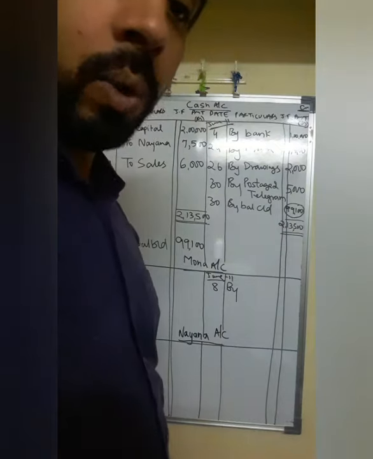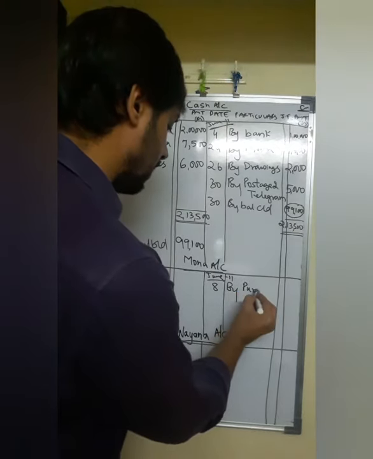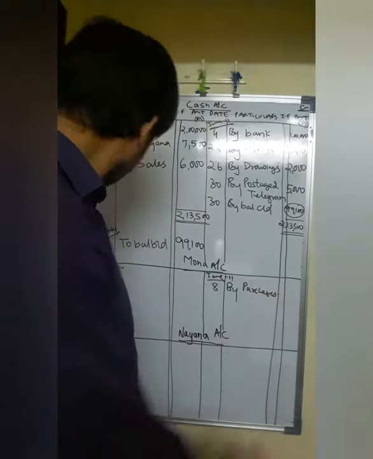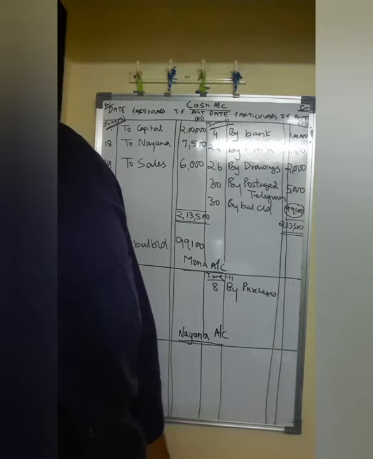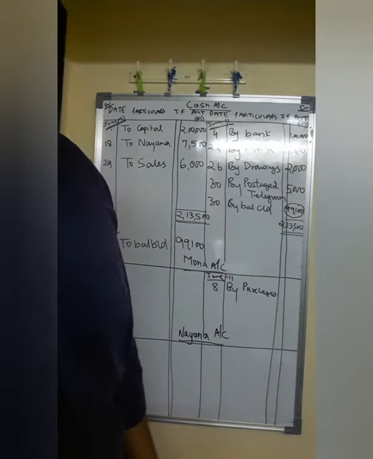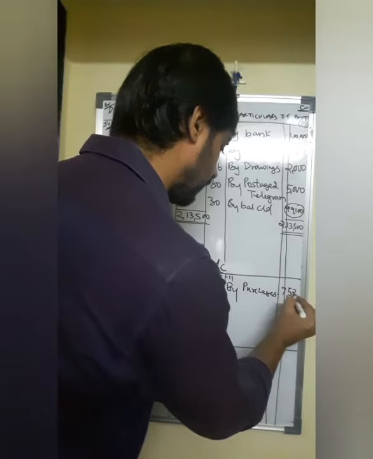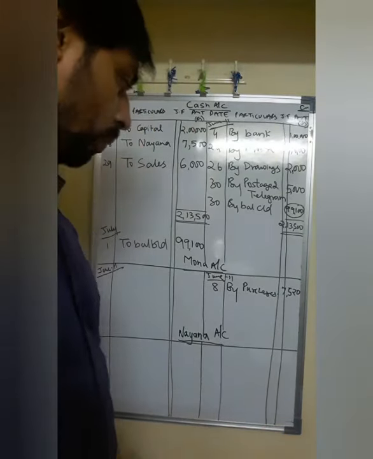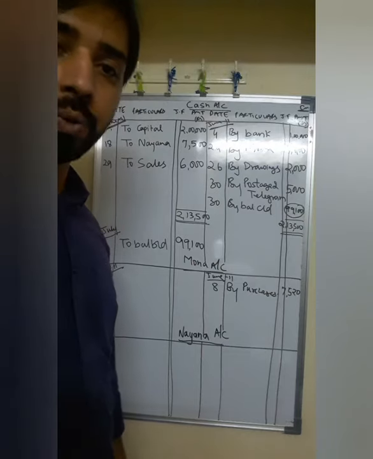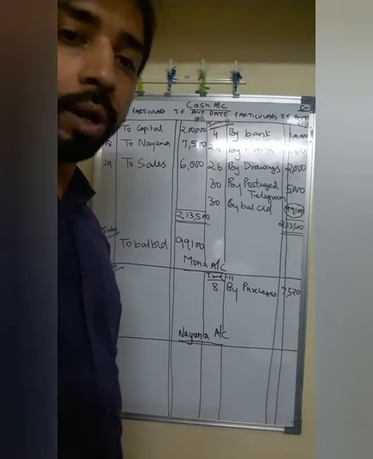Mona is credited, so on the credit side we'll go. What is the entry given there? Purchases account debit to Mona. So here it is by purchases. That means we have purchased from Mona. How much value of goods is given there? Finally, after trade discount, the amount is 7,520. By purchases 7,520.